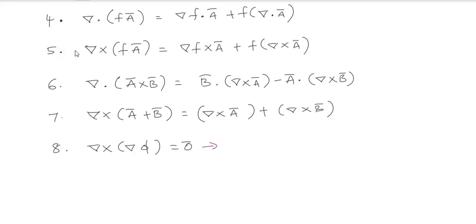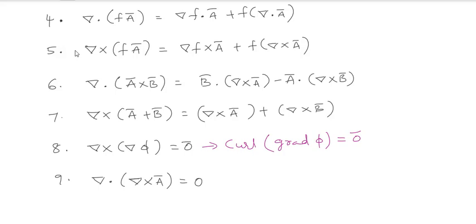This is also called as, check it out, curl of grad pi is equal to 0 bar. So that is, grad pi is always irrotational vector. So because of that you will have it as 0. Am I right or not? So directly. This 8th and 9th will be very important. So del dot, no need to do it. So del cross a bar, which is equal to 0.